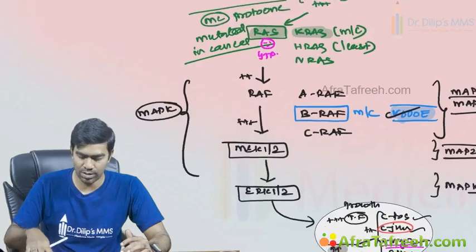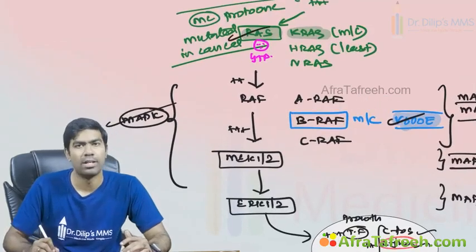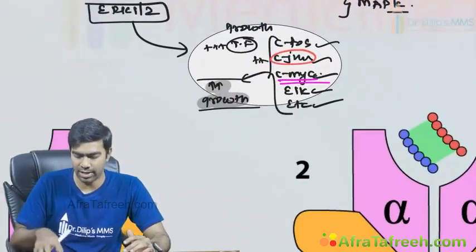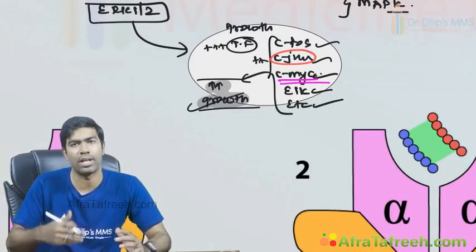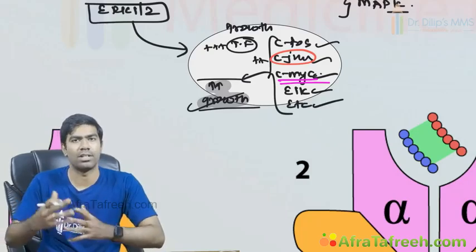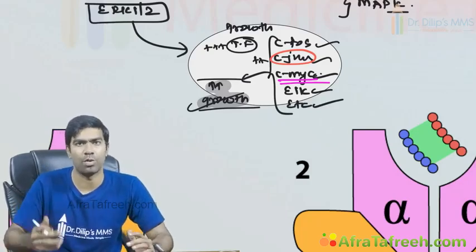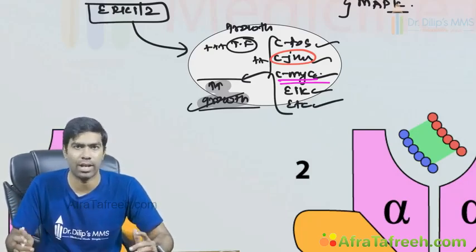Now you know what the MAP kinase family of proteins are. You have initially RAF, then you have MEK, then you have ERK also. So these are the MAP kinase family of proteins. That's why this pathway is also called the RAS and MAP kinase pathway, which is a highly growth promoting pathway, and that's why any mutations in these regions will result in a tumor promoting effect, or they will result in a tumor or a cancer.